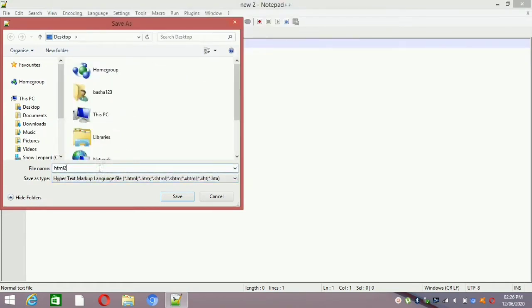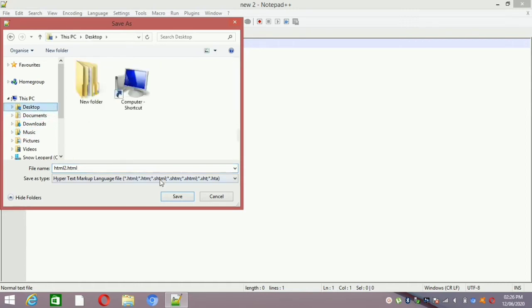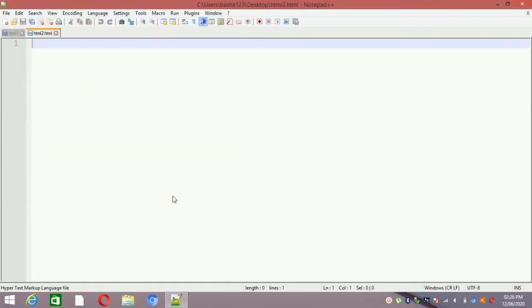After changing the type, we have to place .html to indicate that it is an HTML program. I am saving this file on the desktop. Here desktop and saved.